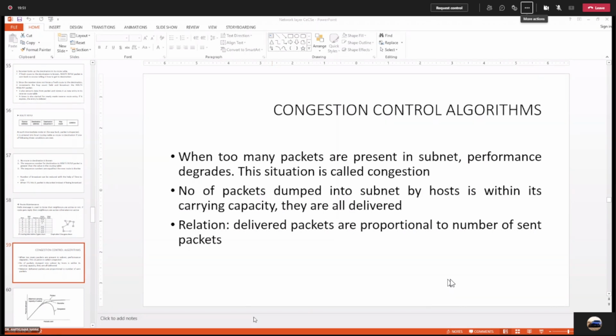And the second important question which can be asked is, why is it very difficult to achieve routing in wireless network? In wireless network, why is it challenging to implement routing?